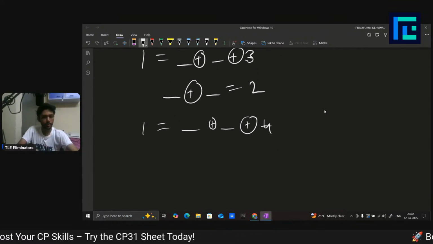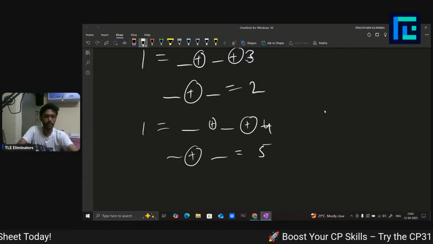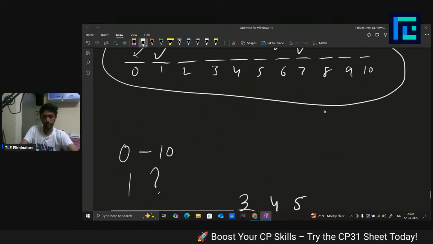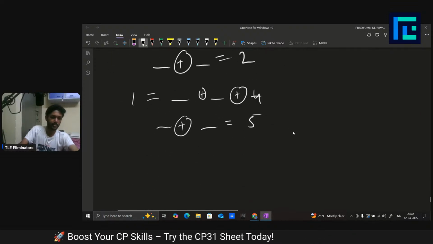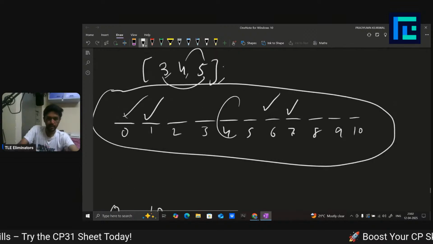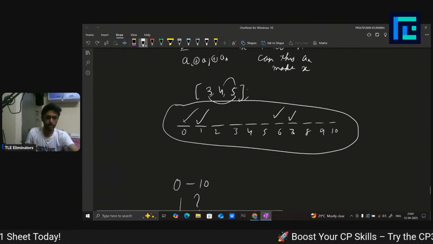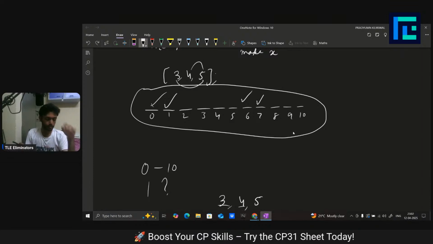So for this to happen, I have to have that XOR of two numbers should be equal to 5. So do I have 5? I don't have 5, so I cannot make it using 4 also. And can I make 1 using 5? The short answer is no, because for that we need 4, and we don't have 4. So therefore we cannot make 1 using three numbers,